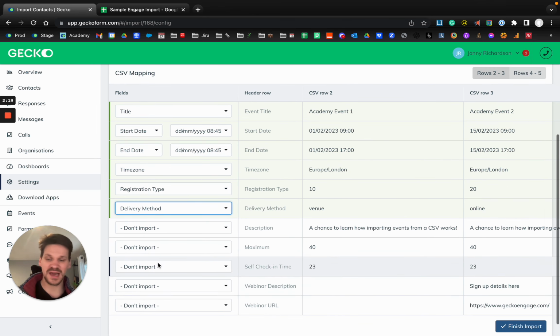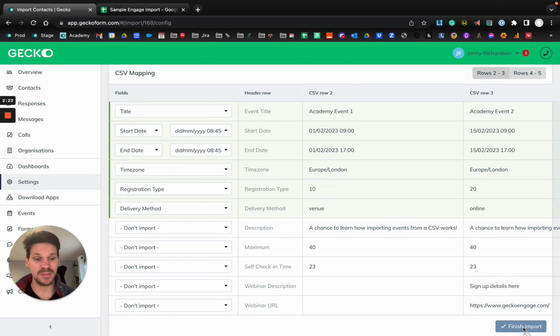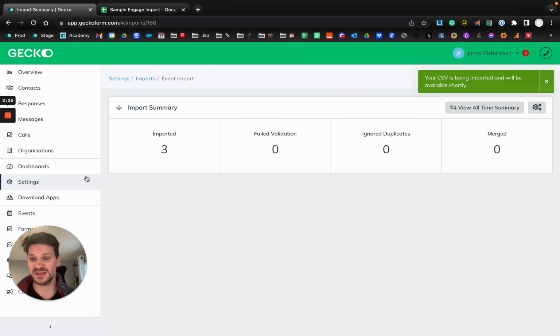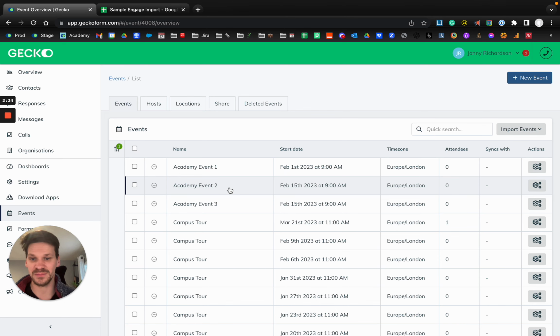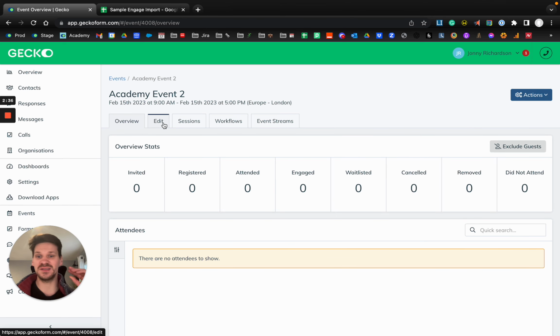Now, not all of these have to be mapped, but if you do want them in the system, of course, make sure to map them. I'm going to click Finish Import because I want to see them in the system right away for you. So just here we have our 3 events which have now newly been created with the start date and correct end times. Now, an important thing to note is this is a way of bringing in just the top level